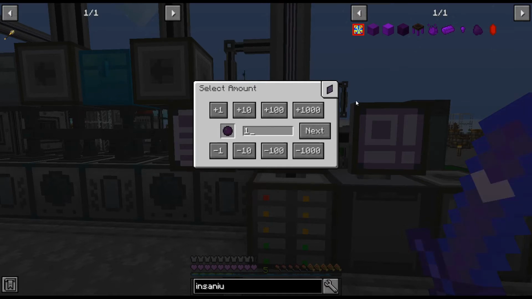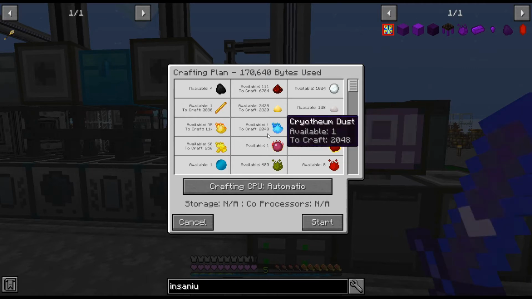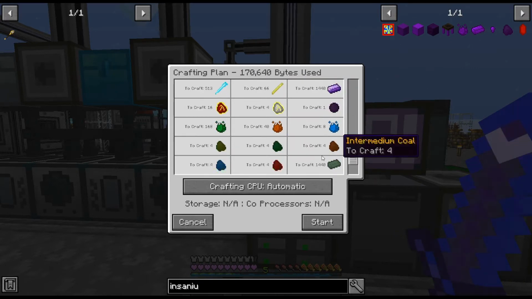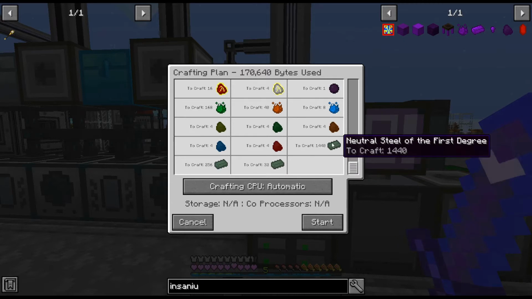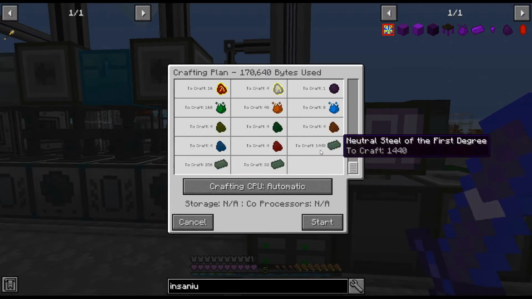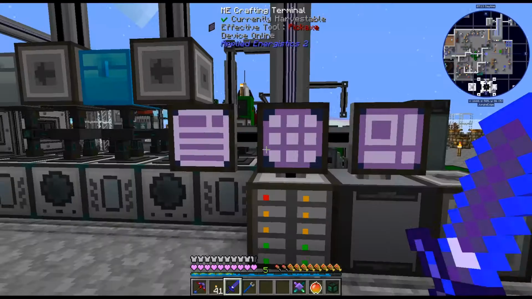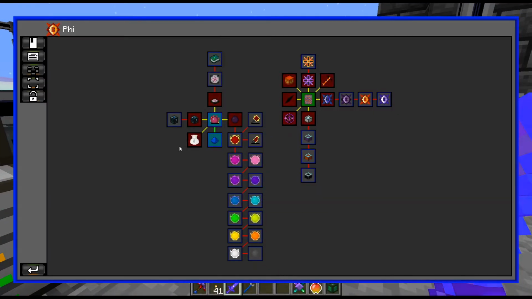Oh, man. Yeah, look at this. It's just such lag, because it's computing, like... Yeah, 1 Dark Matter is 170,000. Oh, man. Alright, so this ain't gonna be something quick here. That's for sure. Alright. Man, yeah, I was worried about this. I was definitely worried. So we need...